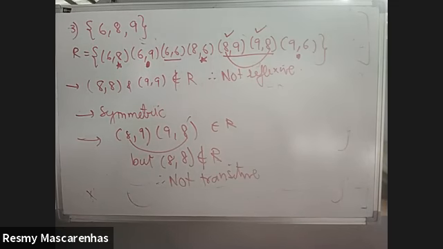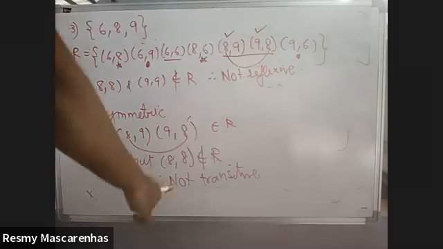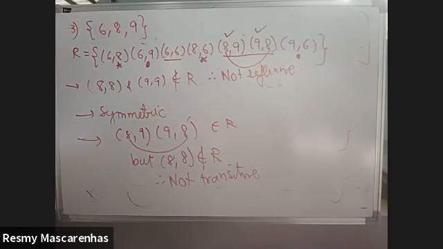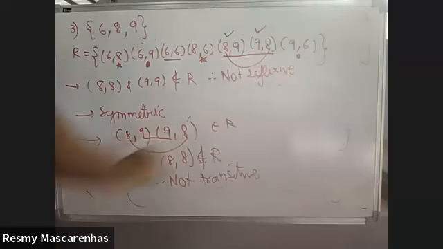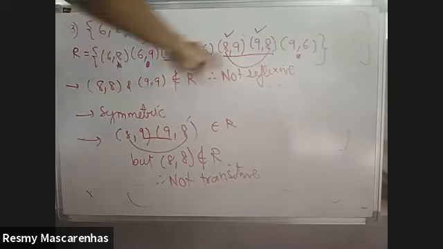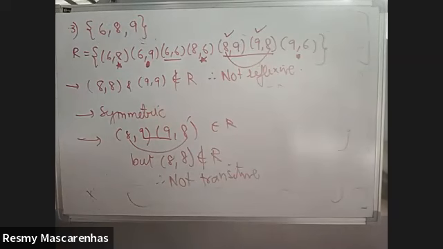Okay, so this is how you will understand from this pointed list that this is the condition. This and this are matching. But the first and third pair, when you make it, that one should have been present over here, 8, 8, which is not there. So that's why it will not be transitive. This is how you have to check whether it is reflexive, symmetric or transitive. And it can come only for 1 mark.